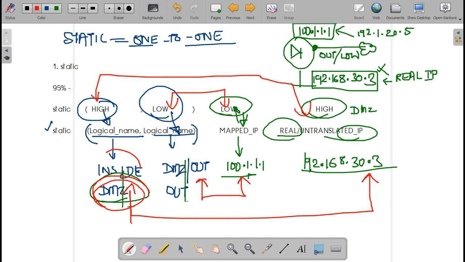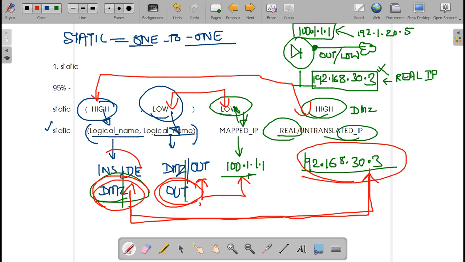So IP address at DMZ will come in the second place. And here low security level is outside, which is 0. So IP address at lower security level outside is 100.1.1.1. So always you fill the value this way. And here will come your static keyword. Static, high, low, low.